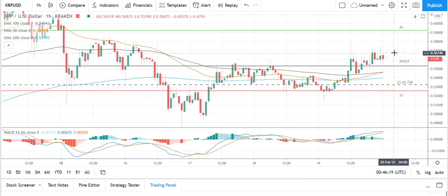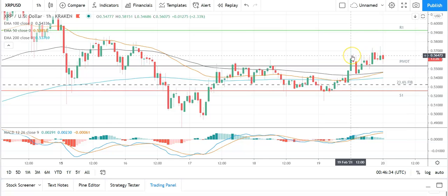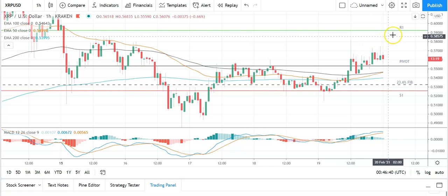Finally, looking at Ripple's XRP against the US dollar, tracking the broader markets, a bearish start. Going to need to see Ripple's XRP avoid the pivot at 0.5536 to take a run at the first major resistance level, sitting at 0.5925. Going to need to see support from the broader market for Ripple's XRP to break out from yesterday's high at 0.58151. So barring an extended rally on the day, expect that first major resistance level and resistance at 0.6 to